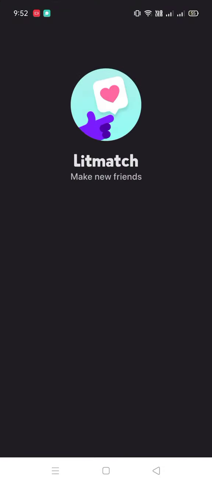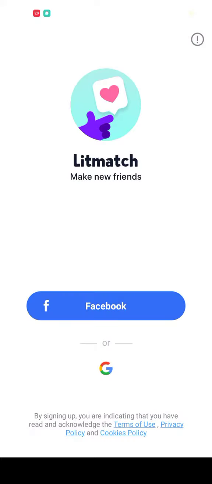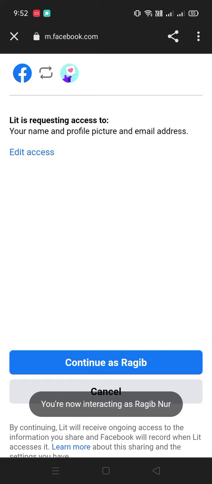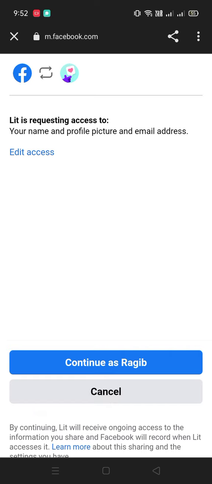Once you tap on that app, there will be two options to log in: one is Facebook and another is Google. If you tap on Facebook, then you have to log in to your Facebook page. Or you can continue with your Gmail. This time I don't want to do it like this. Or